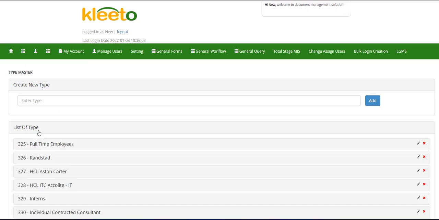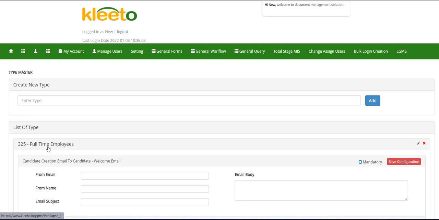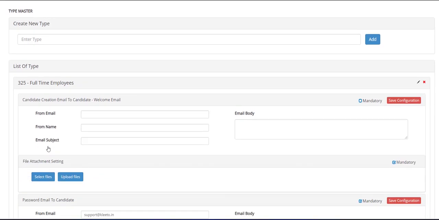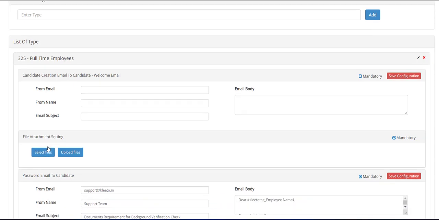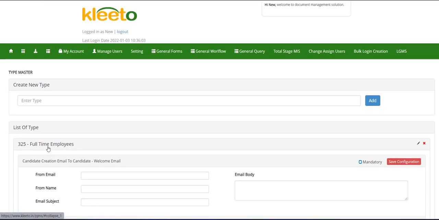And when we say environment, a very basic example is that from a fresher candidate, you will be taking a certain kind of documents, while from a lateral hire, you will be taking a different kind of documents. To a fresher candidate, you will be sending a welcome mail or a username password mail in a certain language, while in case you are hiring somebody at a very senior level, the entire language of that mail will go differently. So that is all the configurations you can also configure in the system.